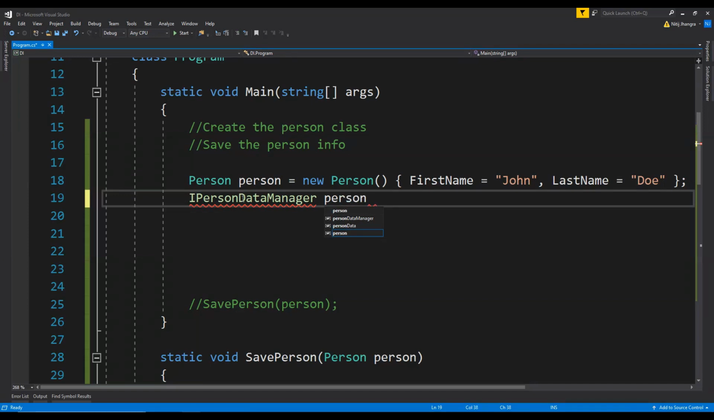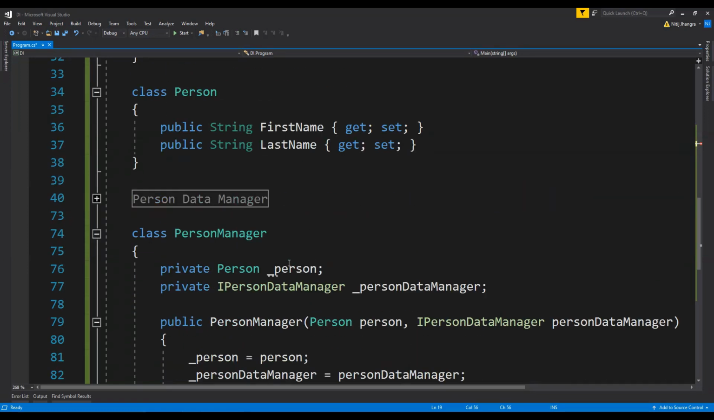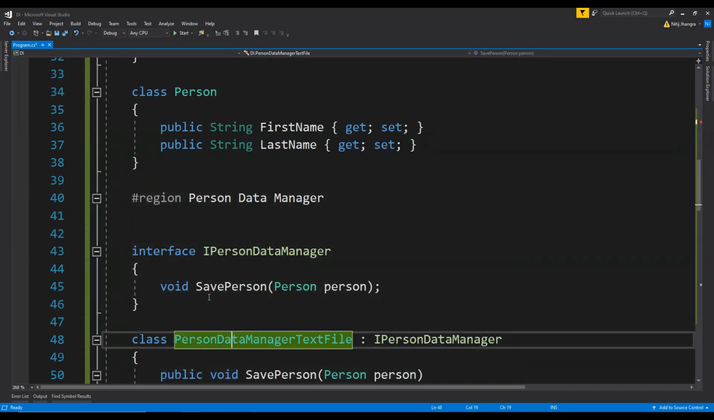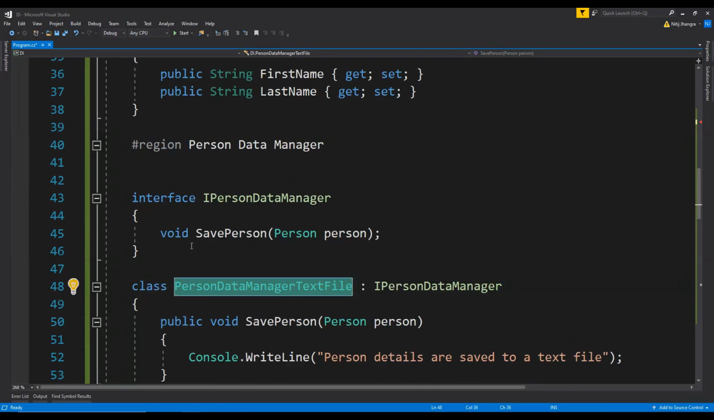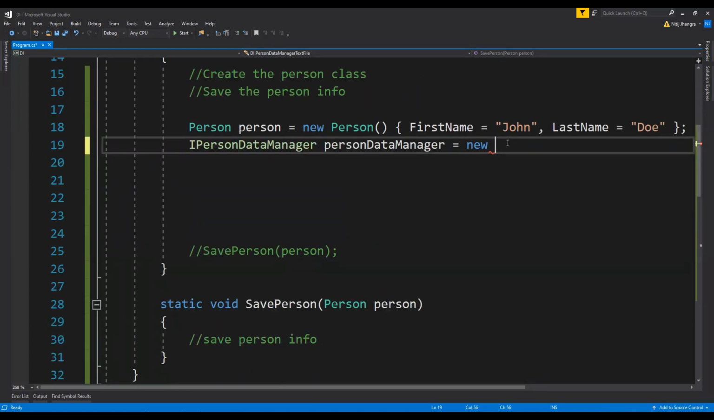Let's call it person data manager equals new. Now we are not going to create the concrete object from the interface. We need to use one of the implementing classes which we created over here. I'm just going to use the person data manager text file for now,